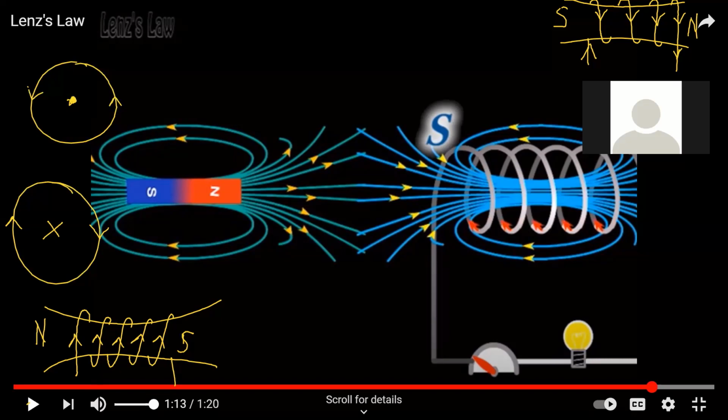So wait, that's where I have begun from. We said that if the magnet is being brought into this coil here, first of all, it induces the current, like we tried out last time, and you saw the pointer moving. So if the magnet is coming into the coil, there's going to be an induced current in the coil